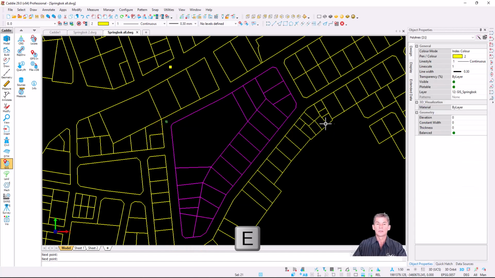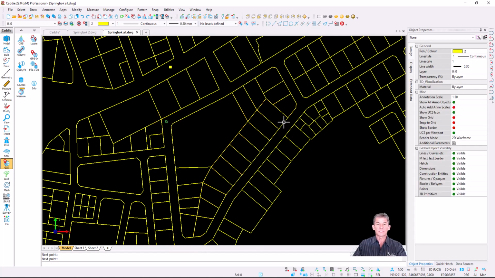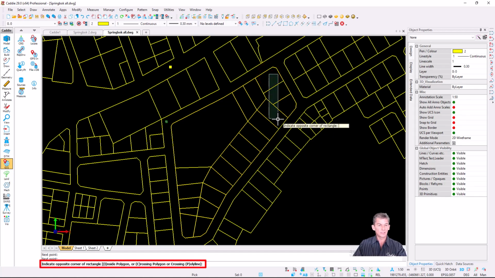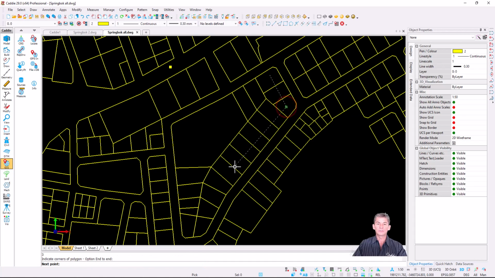E for end. But the enhancement I want to show you is that you can now select by polyline. So first of all, you're going to start your selection, and if we read the command line, CADdie will ask you: indicate opposite corner of rectangle, I for inside polygon that I just showed you, C for crossing polygon, or crossing P for polyline. So I'm going to press P for polyline,